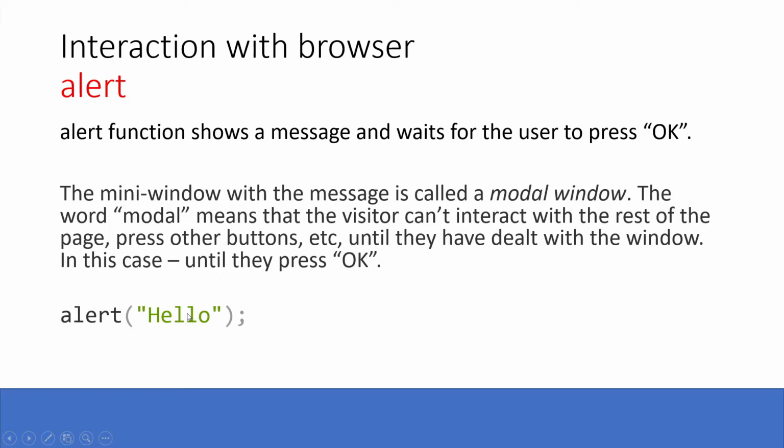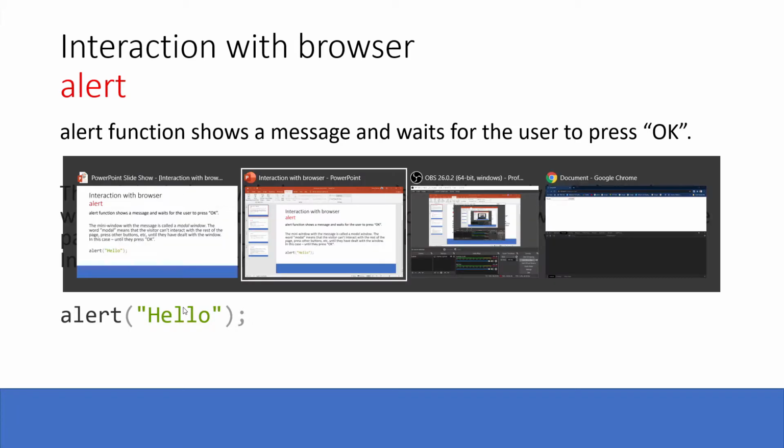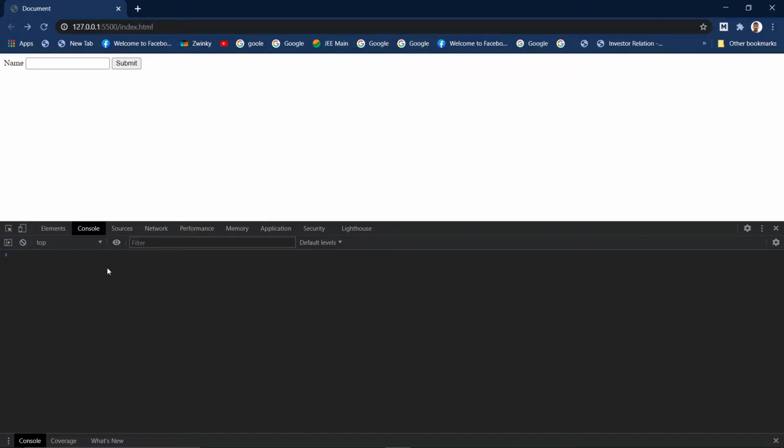Alert, and pass in the message you want to show to the user. So now let's see. I'm using the console of the browser directly. There is an input and there is a button. We can enter any name over here and click on submit. Using the alert function, we can pass in any message. Welcome to our website. Now a modal window will appear.